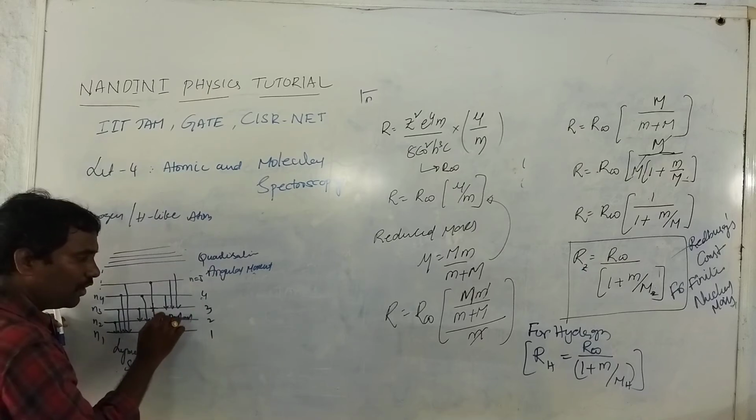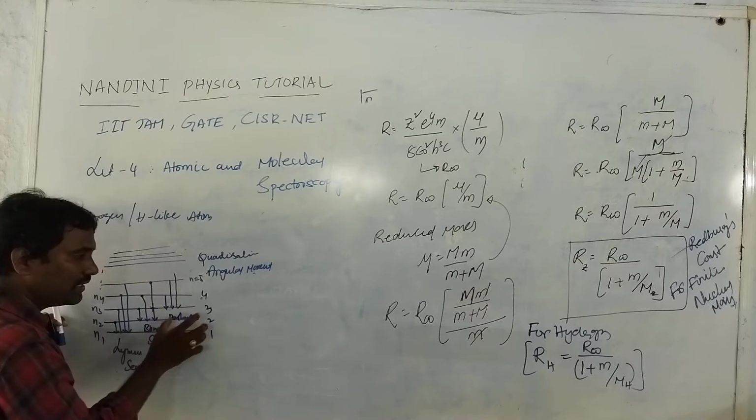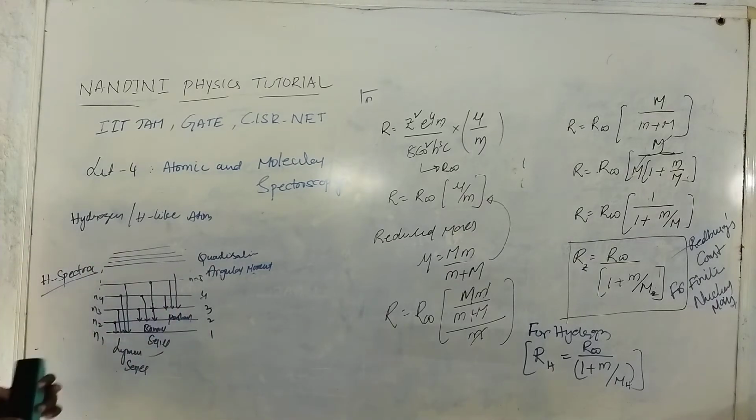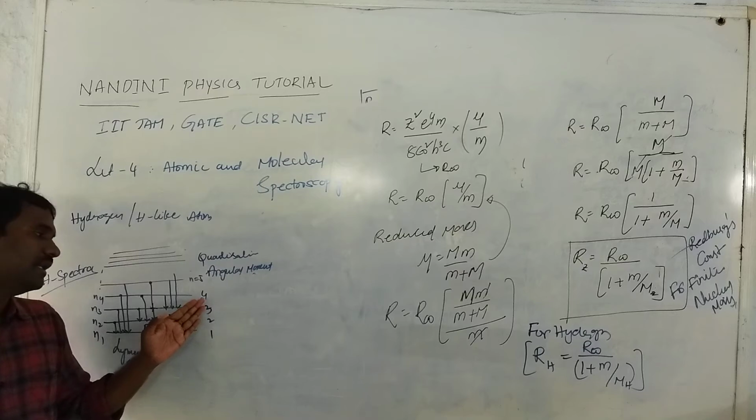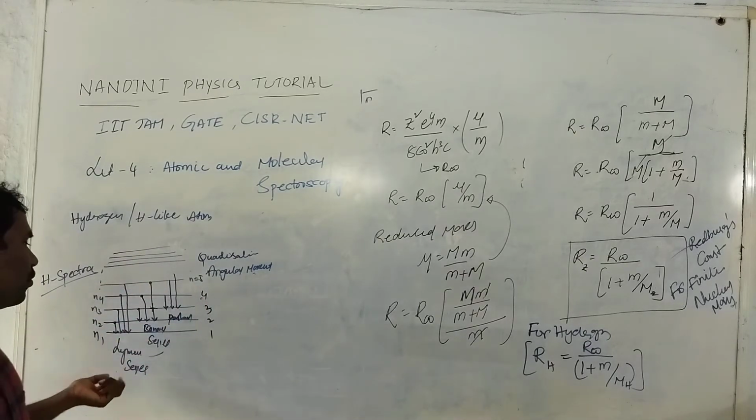And if the electrons jump from 4 to 3, 5 to 3 and 6 to 3, this type is nothing but the Paschen series. Next, there are more, called the Pfund series and Brackett series. We will solve only for three series right now. First of all, I want to take the Lyman series.